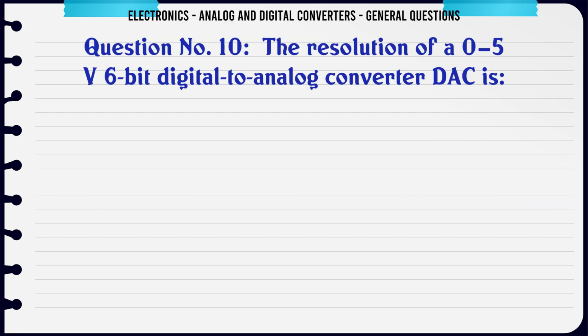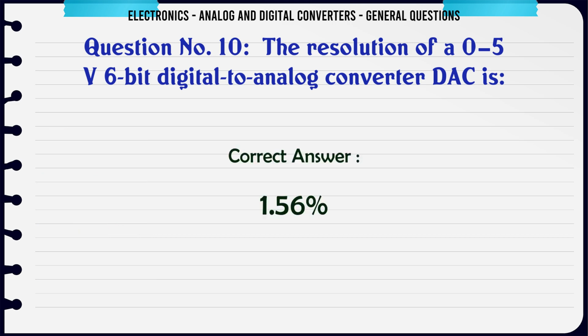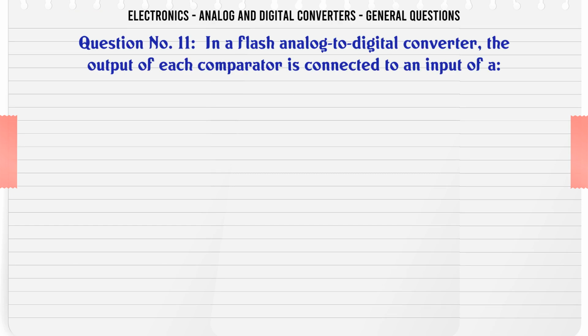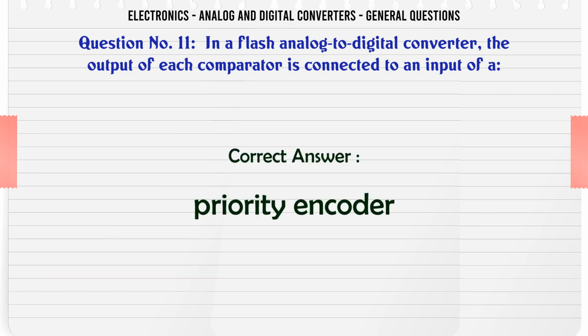The resolution of a 0-5V 6-bit digital to analog converter DAC is A. 63, B. 64, C. 1.56, D. 15.6. The correct answer is 1.56. In a flash analog to digital converter, the output of each comparator is connected to an input of A. decoder, B. priority encoder, C. multiplexer, D. demultiplexer. The correct answer is